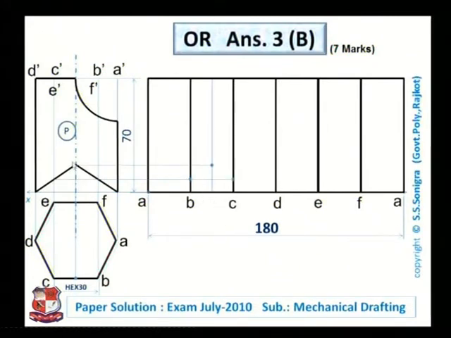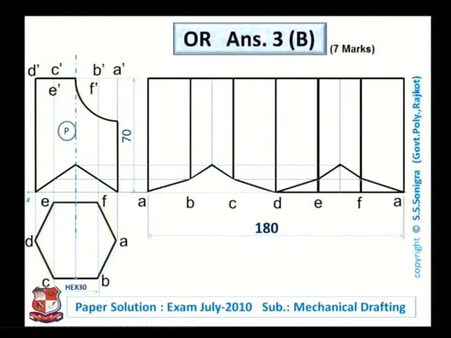and on C, from here, it is between B and C. So find out the midpoint of B and C, draw a straight vertical line, and transfer this point over here. Similarly, transfer all the rest of the points. This point over here. Here is the point. Join them with a straight line like this. So this is the development of one cut portion. Similarly, on this side also, another cut portion would be there. Join them with a straight line like this. So this is the development of another cut portion. Trim this portion or make it much lighter or erase it. So this is the development of this bottom portion P.